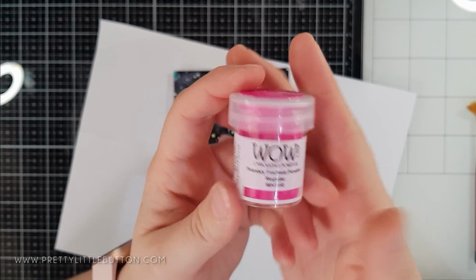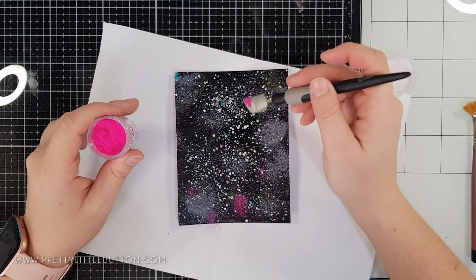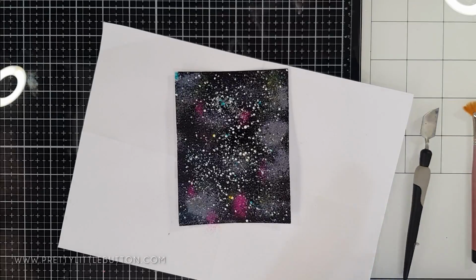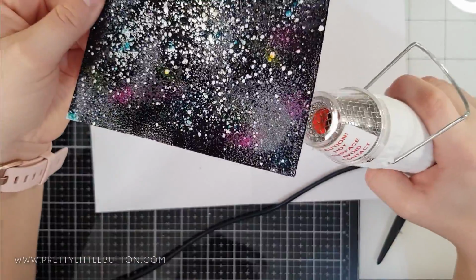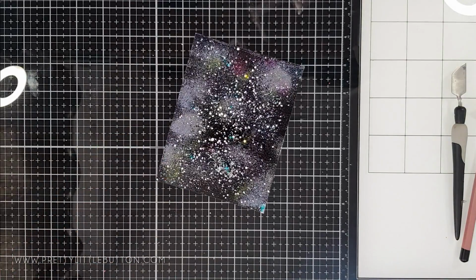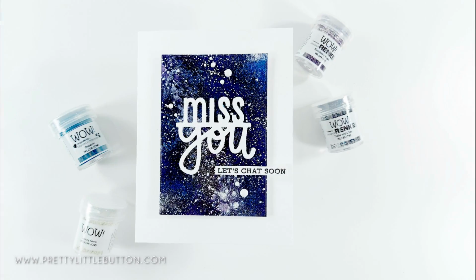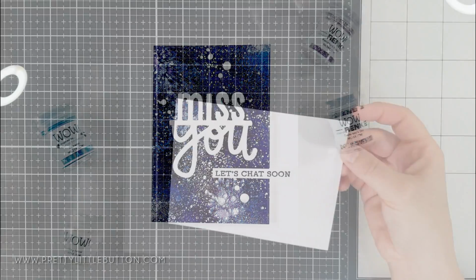And again, I'm just using the same method with my metal spatula, sprinkling some of the powder over, concentrating it a little bit more where there are some white particles, so you'll get that pink shining through. And then again, I'm heat setting from underneath. And as you can see now, this has created a really, really interesting background, a really different galaxy background from the first one. So for this last background, I'm going to be layering up some of the new embossing powders